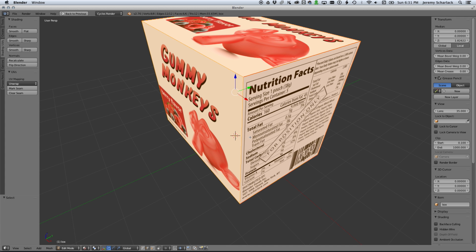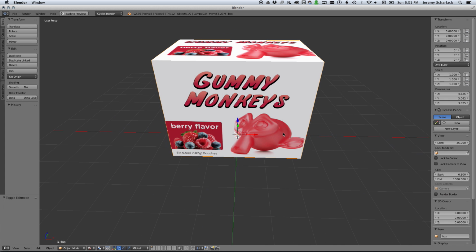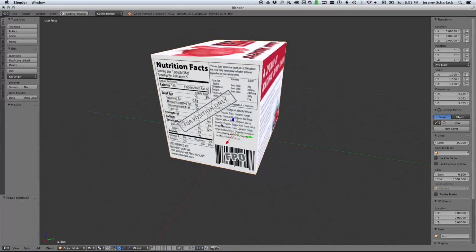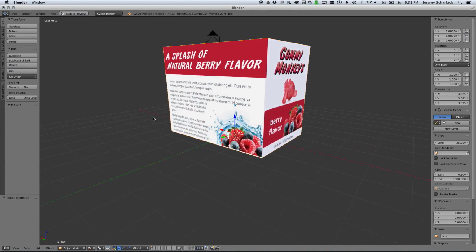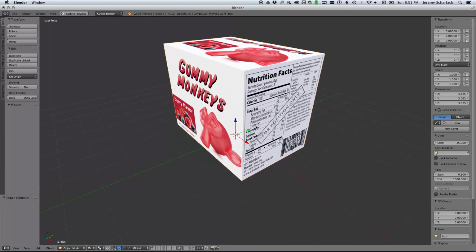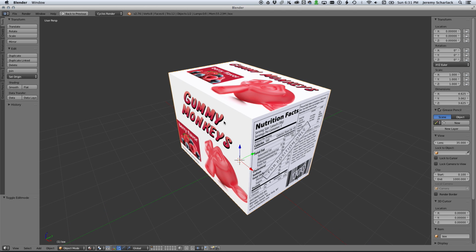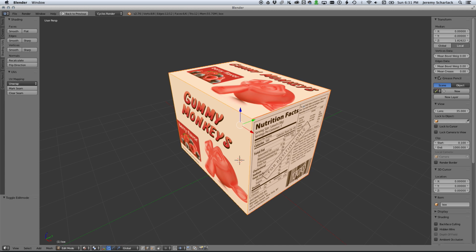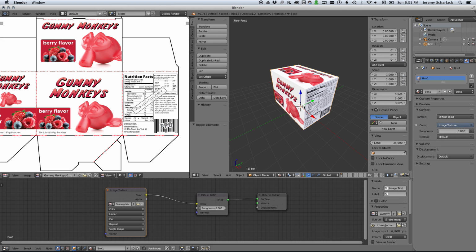And then, you actually notice, I'm going to tab out. So the model is looking quite good. Everything's in proportion, it's all in the right spot. But one thing I do notice is that these edges are very, very harsh. And you get this a lot in 3D, but in most of the real world, you do not have quite that sharp an edge. Particularly not on a cardboard box. So to fix that,